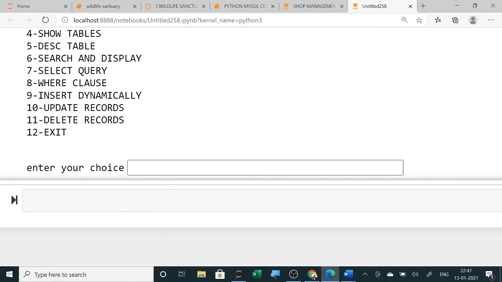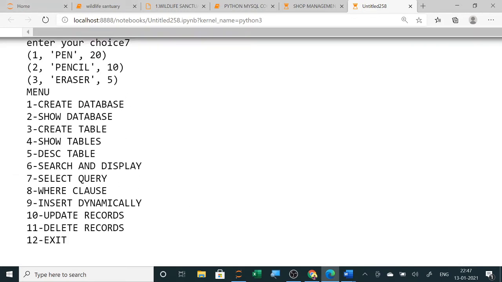Now suppose I want to display, I will select 7 and it will show pen, pencil, eraser, 3 items.